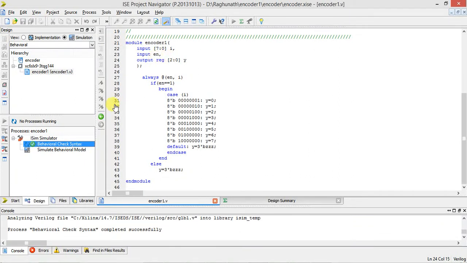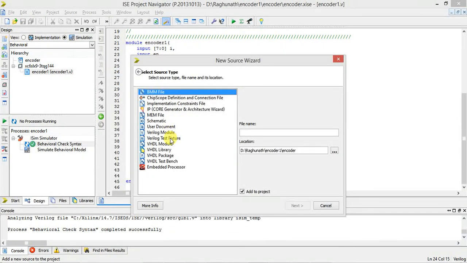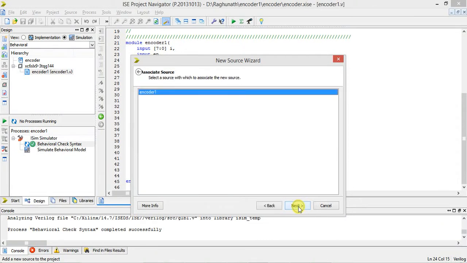So this is very, very important. Now we have to verify the simulation output. For that I have to write a test bench. Right click on here and add a new source. Select Verilog test fixture and write here encoder_TB, indicating that it is a test bench for encoder, and click next. It will ask for the associated source for the test bench. We already showed encoder1.v, so that one only you select.